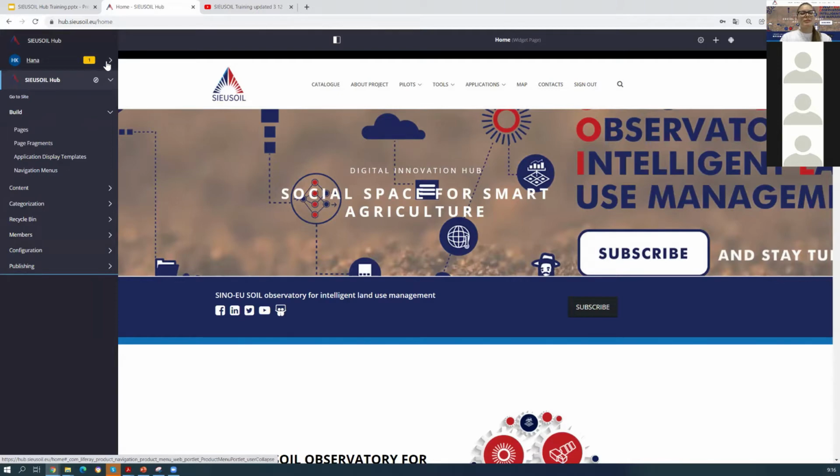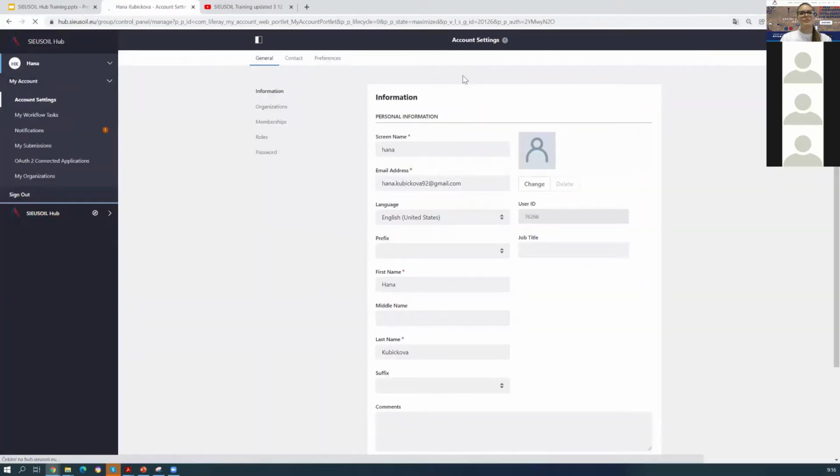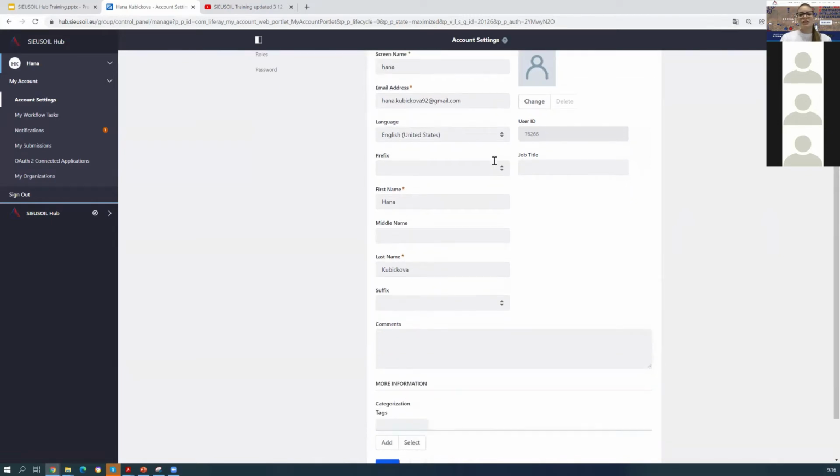So if I click my profile, then go to account settings, I can modify my personal information, also check portal information and change my password.